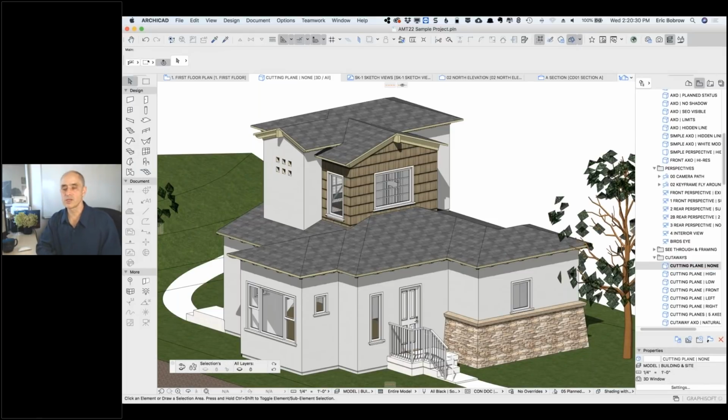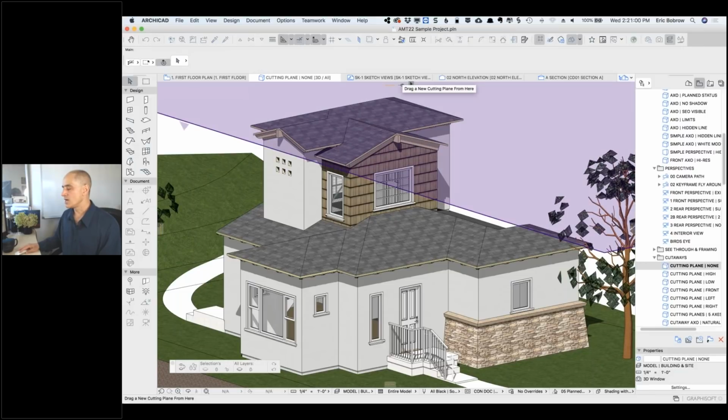Now there are two different ways that we can do cutaways in ArchiCAD. Let's say conceptually two different ways. One is with a marquee and the other is with cutting planes. And we've had both of them for a very long time, although the cutting planes got much more flexible in, I don't know, version 18 or 20, somewhere in there, when Graphisoft introduced this little icon here of the eyeball here. And you notice that this, when I hover over it,